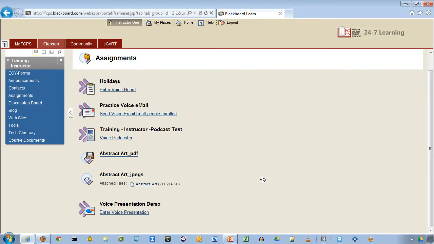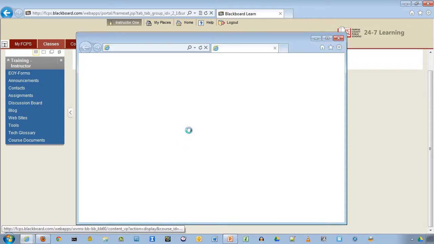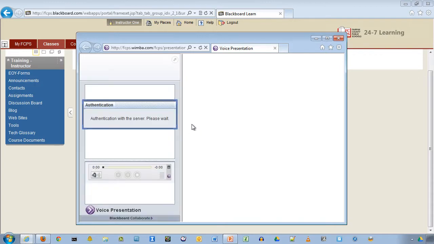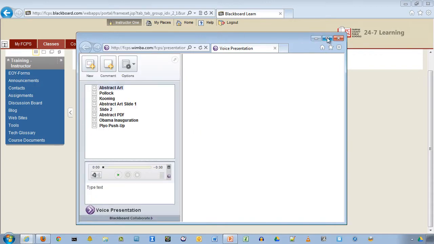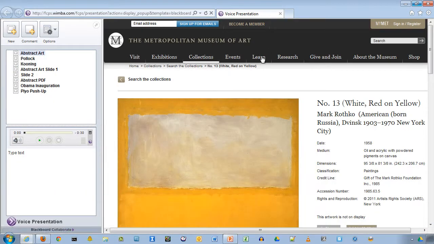Okay, so we've seen what the voice presentation looks like from the instructor's point of view. So now I'm logged on as a student, and we're going to see what this looks like from a student's perspective. So I've logged on. I'm going to click on the voice presentation tool, wait for it to load up, and here we go. So what I'm going to see over here is obviously whatever this instructor has made available,